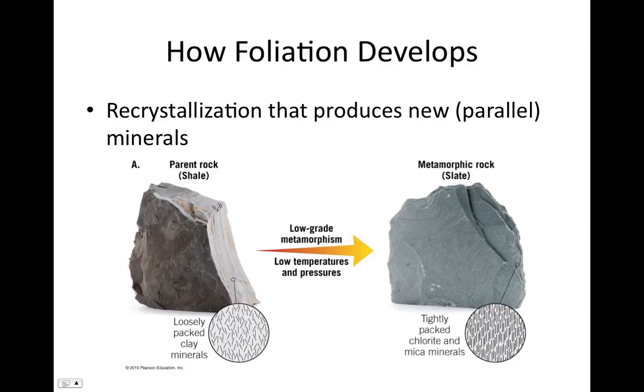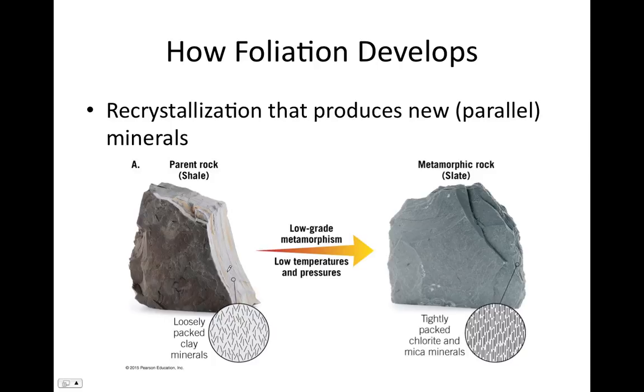Okay, then we can have recrystallization that produces new parallel minerals. So here we have shale. Shale is a clastic sedimentary rock made up of clay particles. Now, clays are usually composed of flat minerals that kind of align with one another because they settle on the sea floor flat. And so this shale